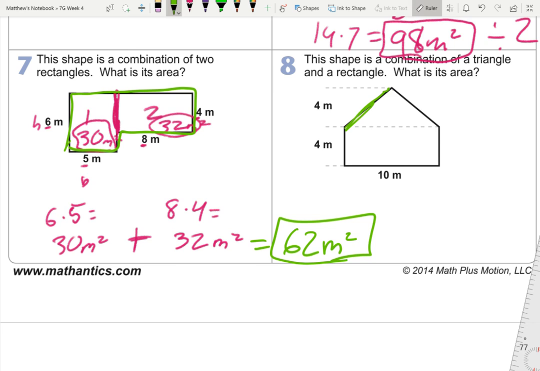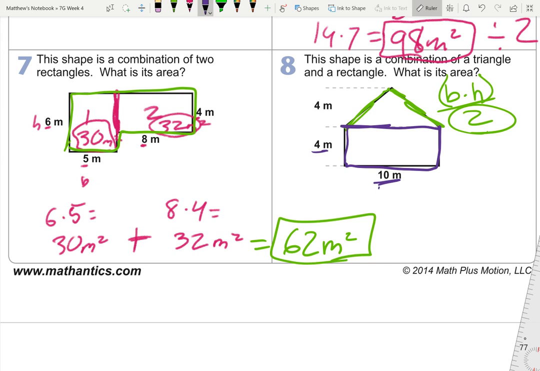So we have a triangle up here. So that is going to be base times the height divided by 2. That's the key, because it's half the size of a rectangle. And then below it, we're going to do the area of the rectangle, which is going to be just our base times our height. And we're not going to divide it by 2. And so we're going to do 10 times 4 to get 40 meters squared. And then right here for the triangle, we're going to do 4 times,